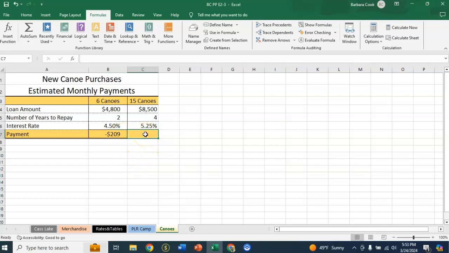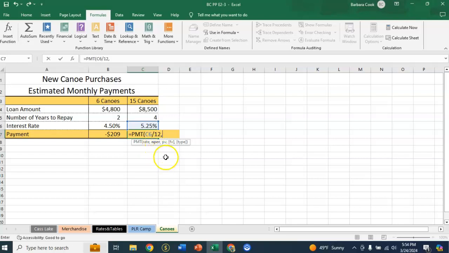All right, now you're going to type the payment. So click in C7, and this time we are going to be finding the payment amount for 15 canoes for 4 years with an interest rate of 5.25. So do equals, and then type PM, press the tab key to insert the payment formula function, and it shows you down here in the screen tip. The first thing you are going to be putting in is the rate, which is in cell C6, okay? And then again you have to type divided by 12, and then a comma, and the comma takes you to the next